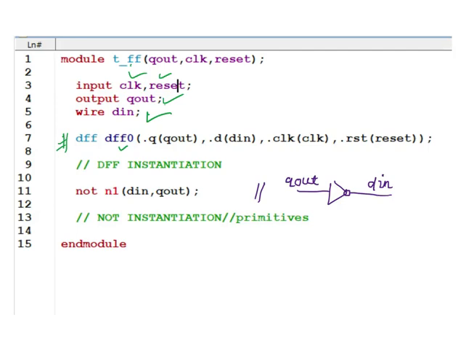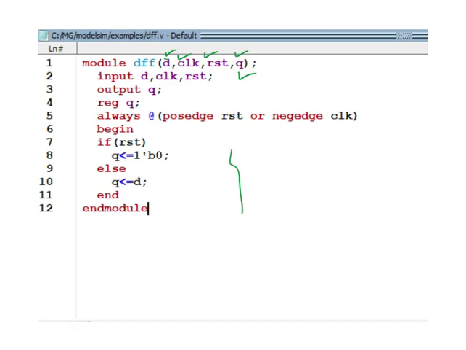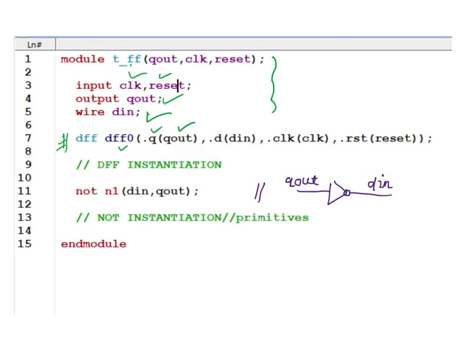Then what I have written here, this Q out has to be from this circuit, this module. The Q out has to be from this module, and this Q has to be from this left side part, the dot part. This part has to be from this D flip-flop. See, D flip-flop has Q, and this Q is connected to Q out.